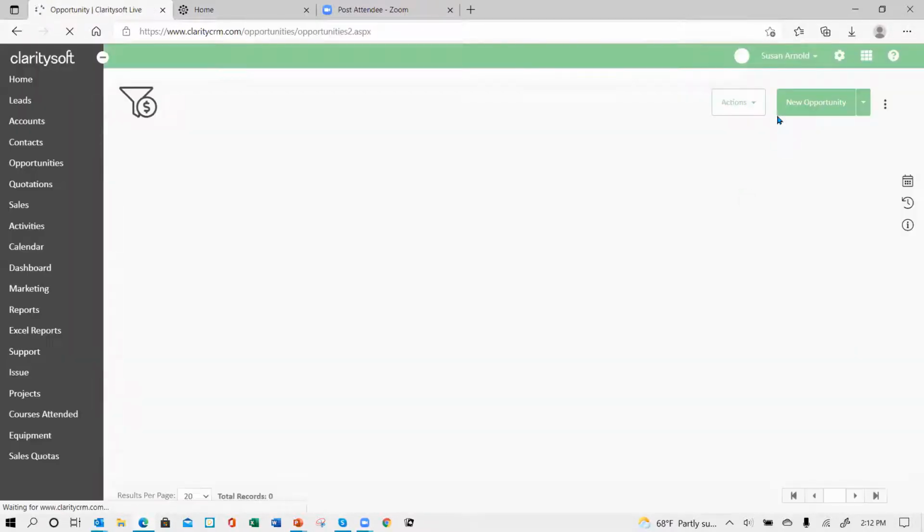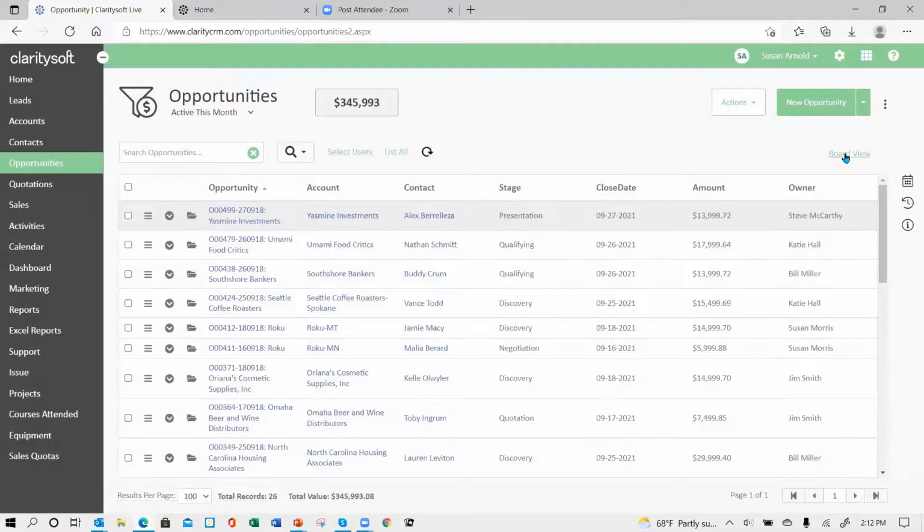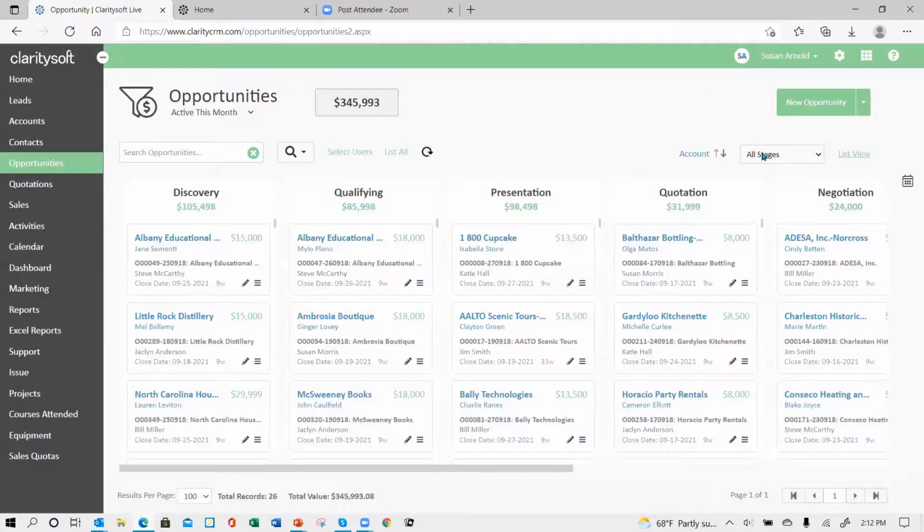And you will now have your board views available to you. So now when I'm in here, if I click on board view, I now get my 3 board views that I created. So when I click on all stages, I'm seeing all my stages